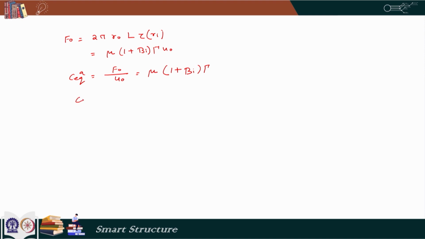If we take C equivalent of the active case by the inactive case, we get 1 plus Bi, because mu capital gamma was C equivalent for the inactive case. So, that is how we analyze it for the